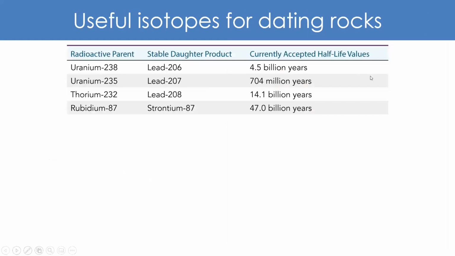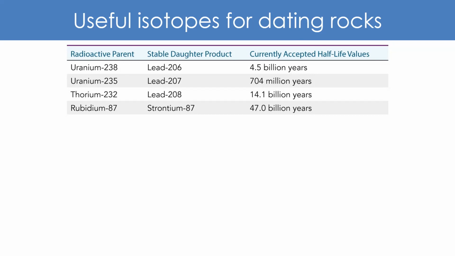So after a lot of scientists have averaged these numbers out, we get a certain half-life value. So for uranium-238 decaying into lead-206, that takes about 4.5 billion years for half of the atoms of uranium to turn into lead. So if we look at 100 atoms and 50 of them are lead, that means that this has existed for